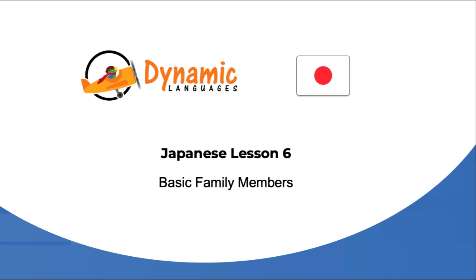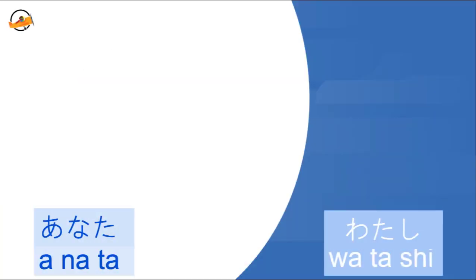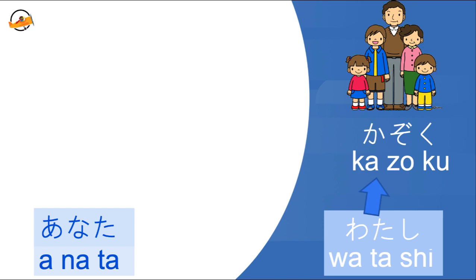Welcome to Dynamic Languages Japanese Lesson 6, which is about basic family members. In Japanese, you use different or modified vocabulary depending on whether you're talking about your own family members, who appear in the right-hand side of the screen and are labelled with watashi or I, or whether you're talking about other people's family members, in which case that will be in the left-hand side of the screen and labelled anata or you. The word for family is 家族、